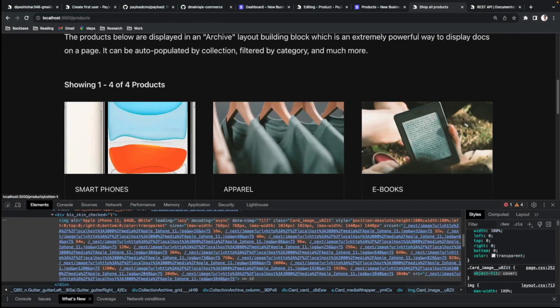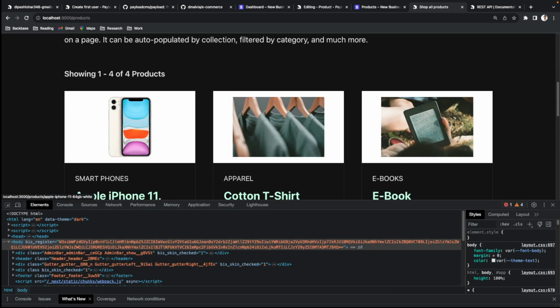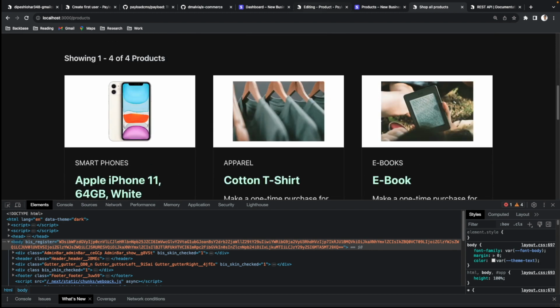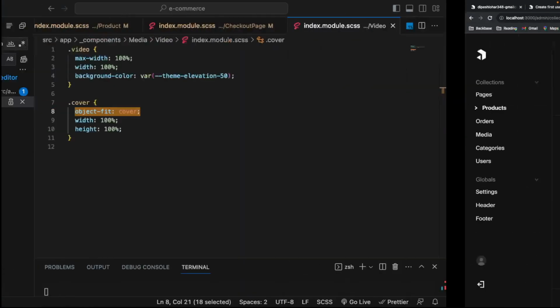Now if we go and refresh our page, then we will see that the image looks a little bit nice. So this is how the image looks now. So this way we can create multiple products. So let's create one more product. So I'm going to go here, and here one thing we can do is whenever we create a new product